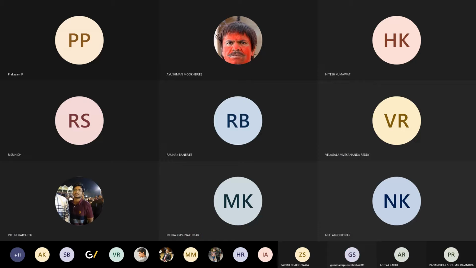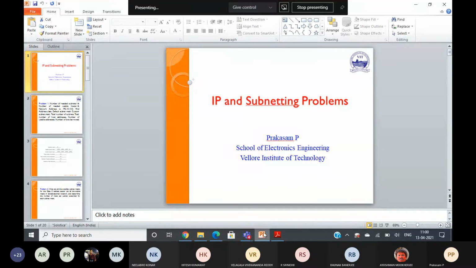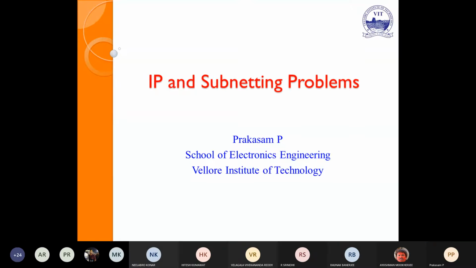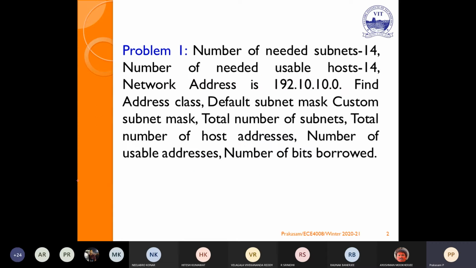So we will solve a few problems. Then I will upload these materials in Vita with additional problems, so you can refer to them and work on them. You will also get a lot of IPv4 problems on the net. Kindly download the problems and work on them. Even in IPv4, if you understand the concept, it is very easy to assign IP addresses. We will see a few problems.